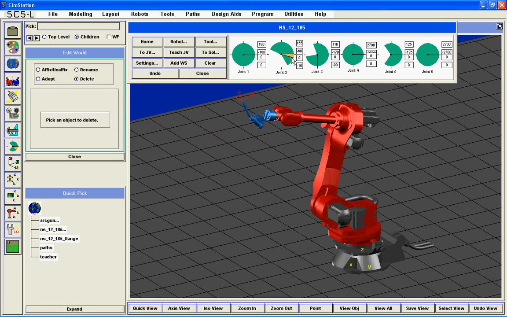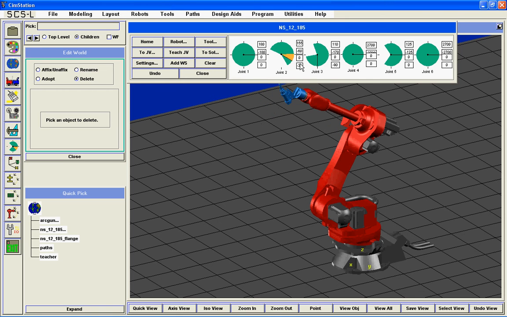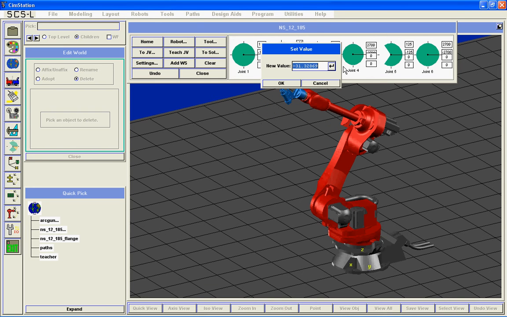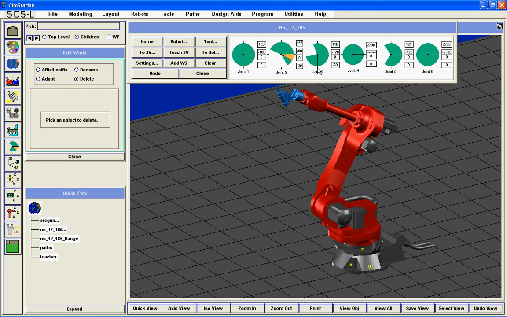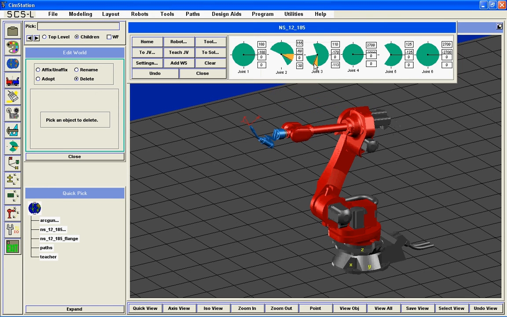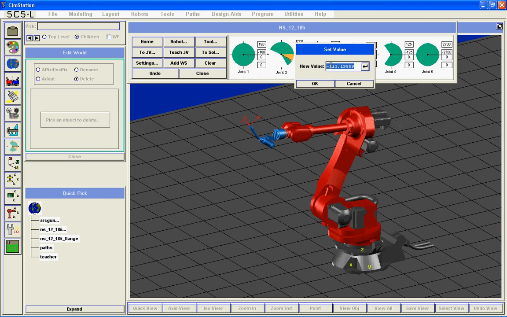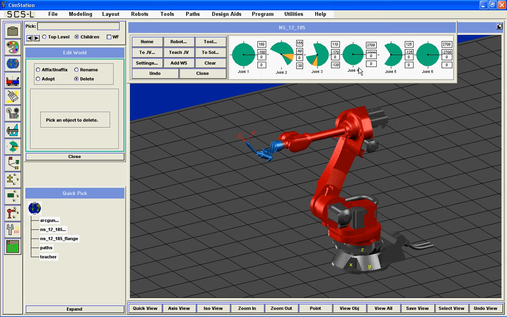Notice that if you move a joint and then to a value of about -31, you can actually go in there and set it to exact value, say 30 degrees. And we'll do the same thing with joint 3. We'll move it to -113, but let's say we want it to be at -20, so you can enter the exact values you want for those. So we'll clear those. Then we'll move joint 5, for example, to